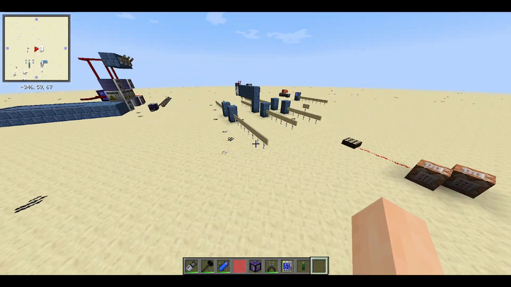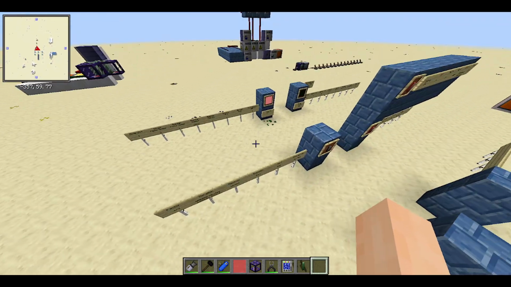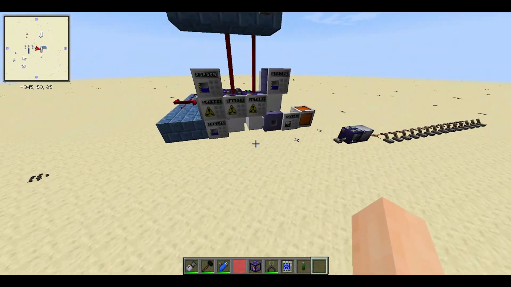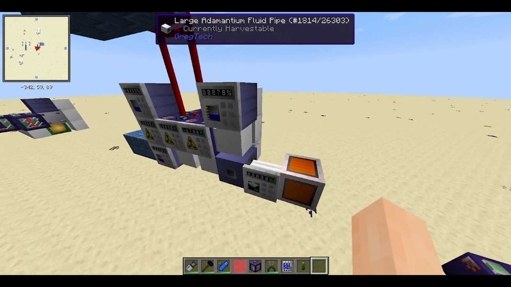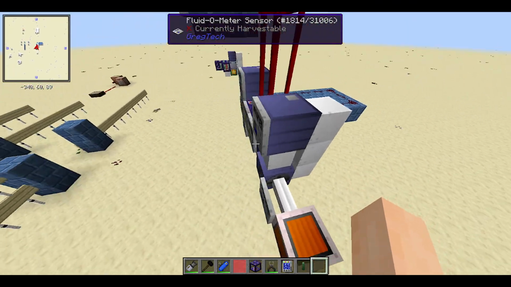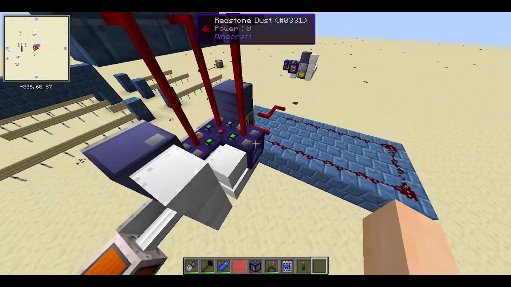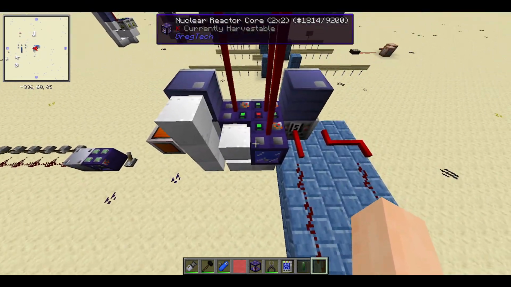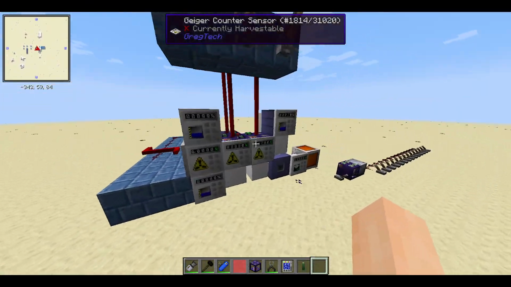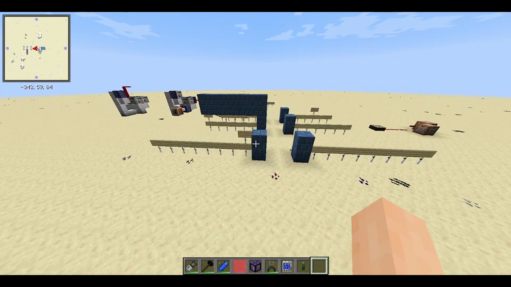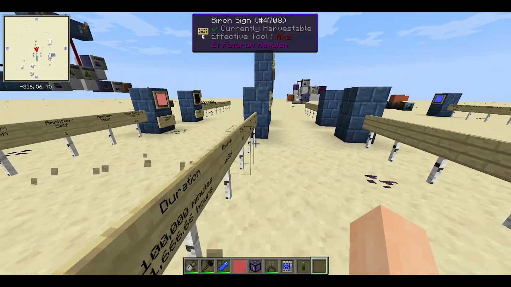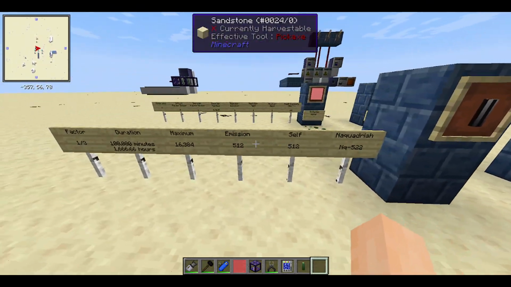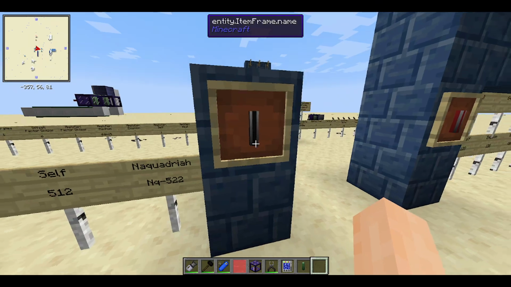In the next episode, we're going to focus on the most advanced reactor designs, which are going to be reactors that are fully self-contained with the ability to generate their own water in order to fuel their turbines. And we're going to have a system to automatically replace fuel rods and the breeder rods so that you don't have to actually worry about any of those systems anymore. We're also going to focus on the highest tier of nuclear materials and how you can implement them in your reactor. So we're going to talk about Nequadria and how you can